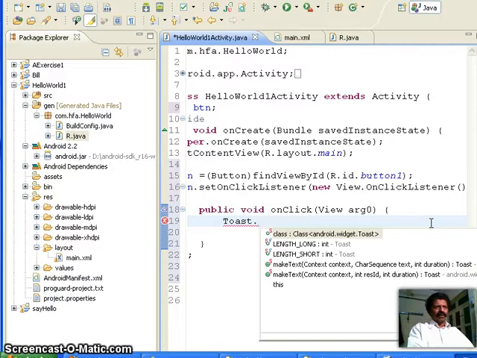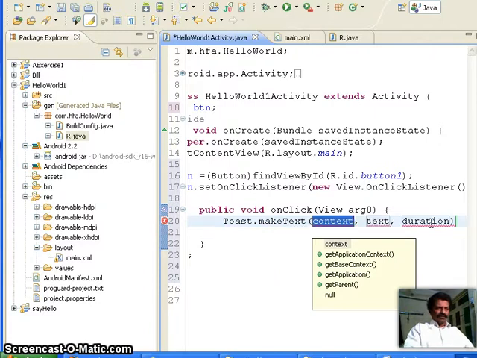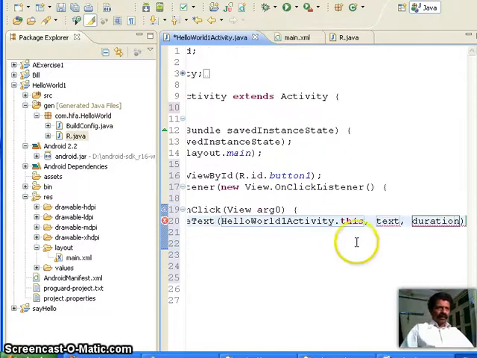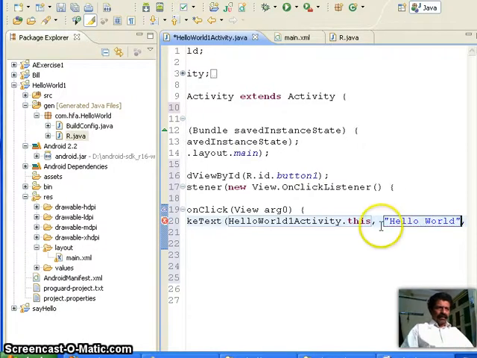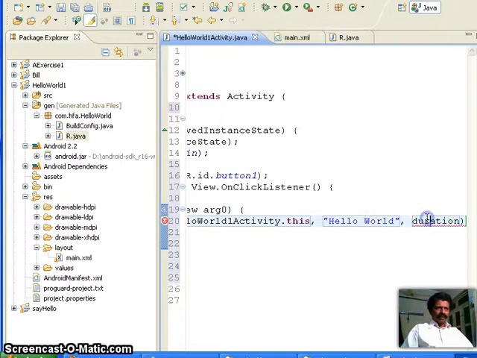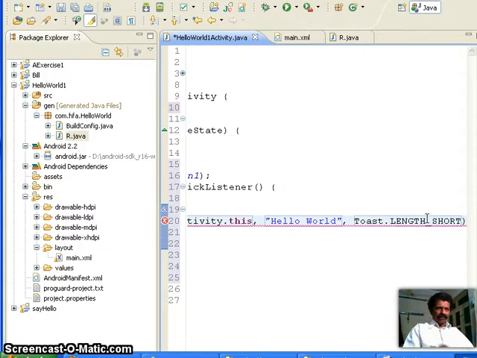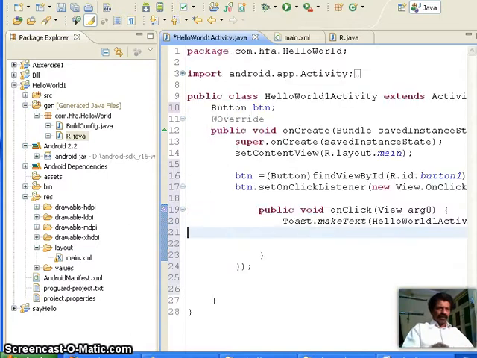In order to display a message, there is one function called Toast.makeText, and it takes a context, that is, what my class is. The class is HelloWorldActivity. Therefore I select HelloWorldActivity.this. Then what text is to be displayed? Within quotation marks, I say hello world. For how long is it to be displayed? There are two durations, either Toast.LENGTH_LONG or LENGTH_SHORT. I take LENGTH_SHORT. Okay, so that's all my one line of coding, and whenever the button is clicked, I display a